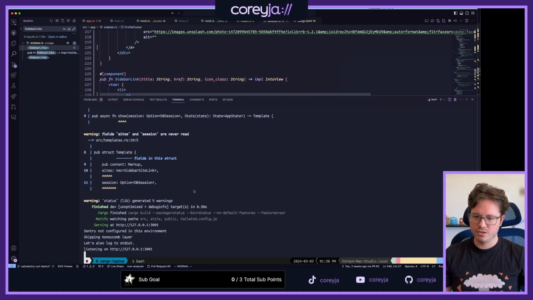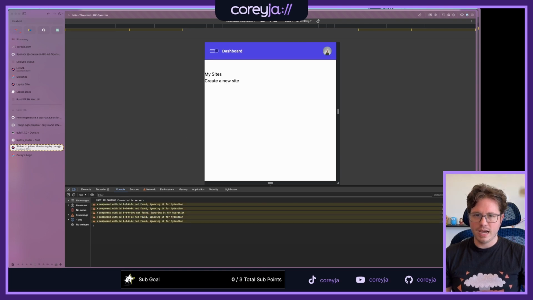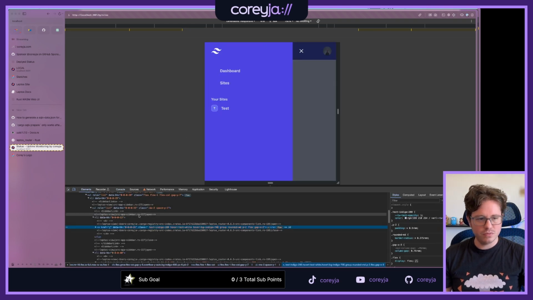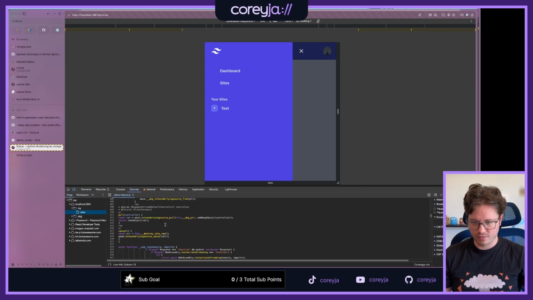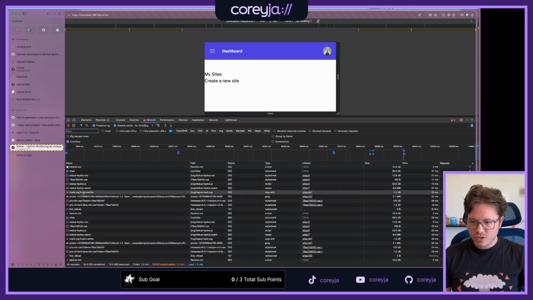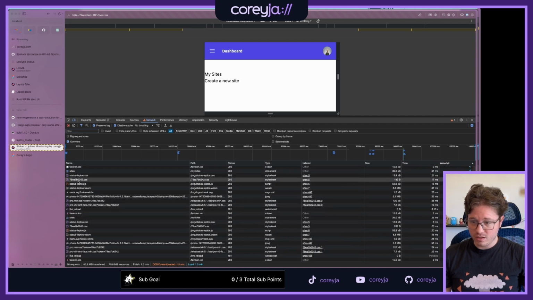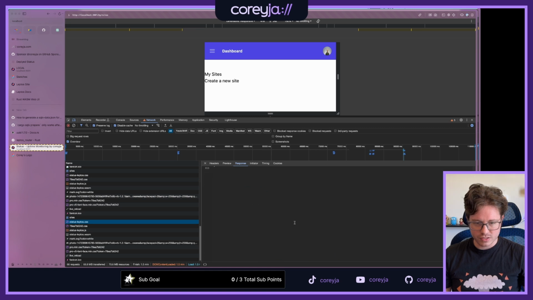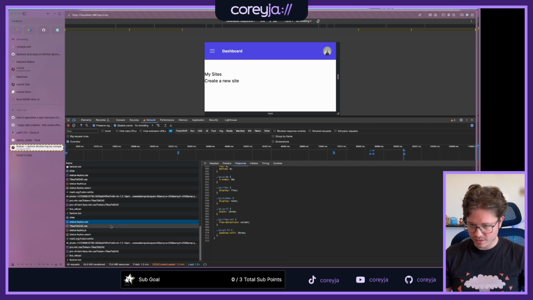I'm not sure why, but I wanted to restart that. I have seen them sometimes, but not all the time. But my Tailwind styles are definitely still here, right? Because they're working for sure. So no styles fail. Here's the status Leptos, and this has all of the Tailwind styles. Love it. And then here's Font Awesome. Perfect.